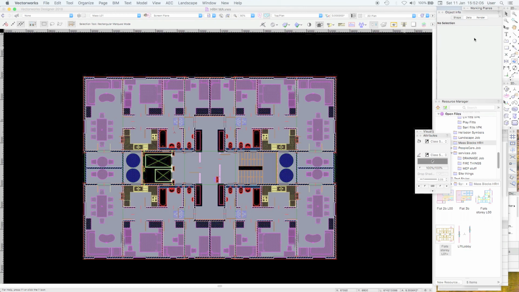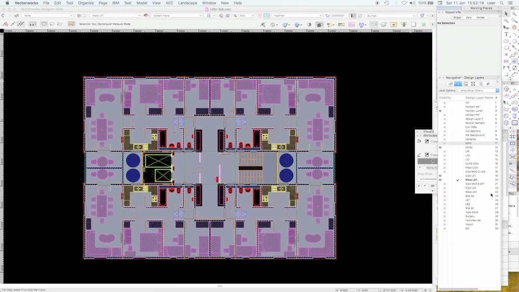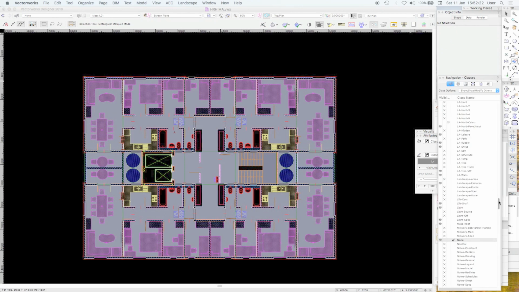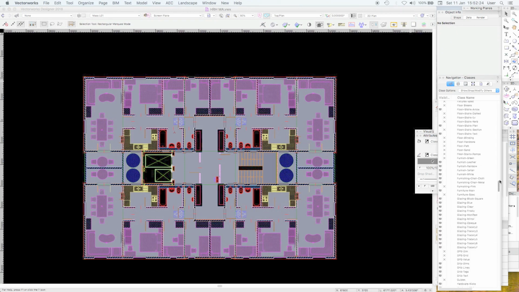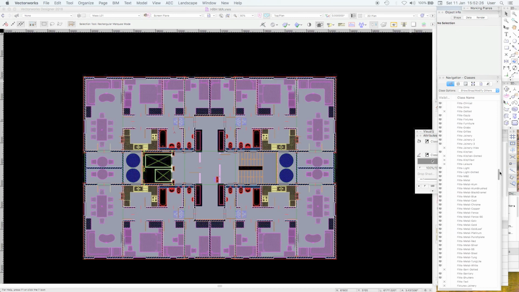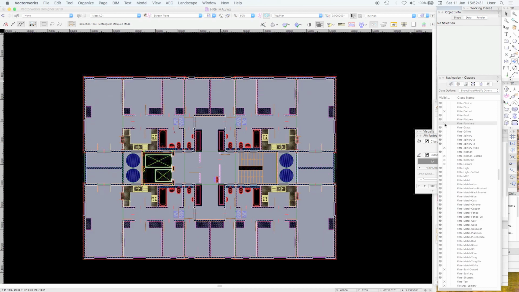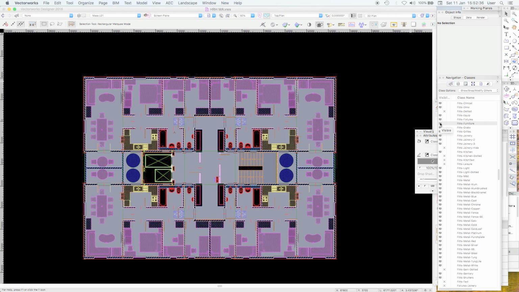It's easy to use the visibility tool here, which you just click on something and it'll turn the class off. In this case, I'm not going to do that because this is actually one huge great symbol. But for example, I know that if I turn off fittings furniture, then you'll see the tables and chairs will disappear. Goodbye. Right? So they're all symbols, and they're all in that class, and more importantly,